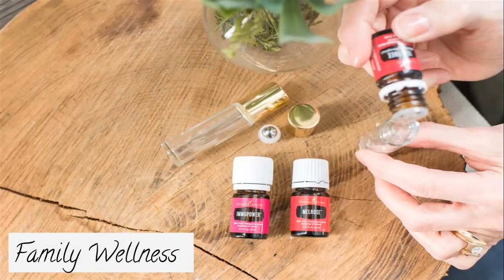And I would like to mention that I was using Immune Power, and I'm almost completely out of it when this whole flu bug hit our home, and my husband is coughing through the night. So I had the Immune Power in the diffuser right by his head and have been diffusing that pretty much for the last week. I've been diffusing that one in the bedroom and putting it on the bottoms of my